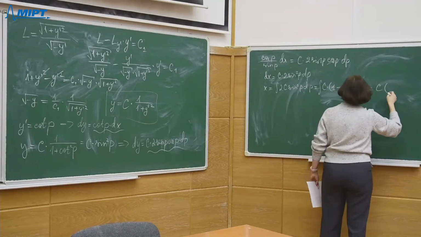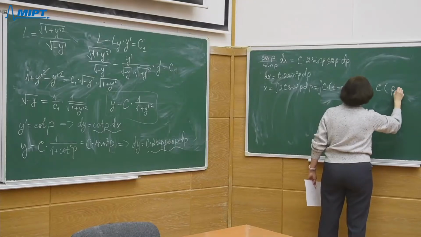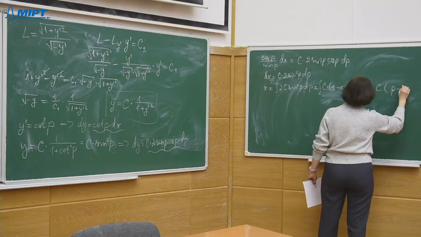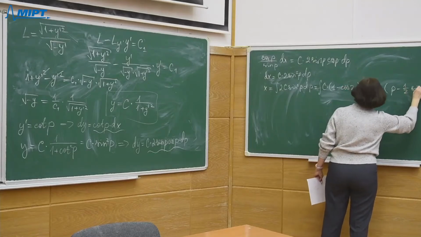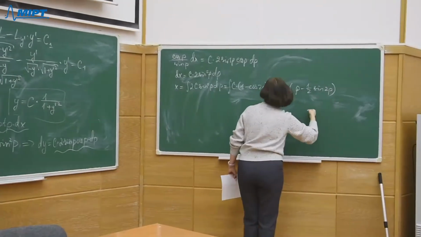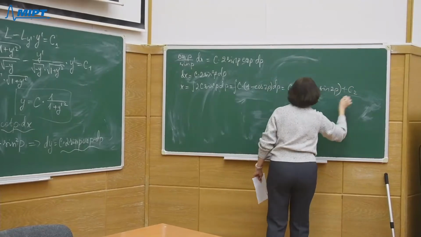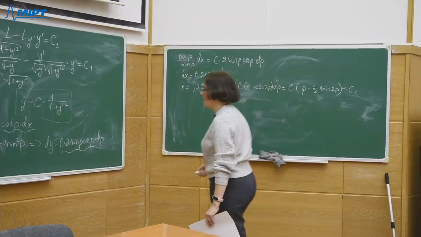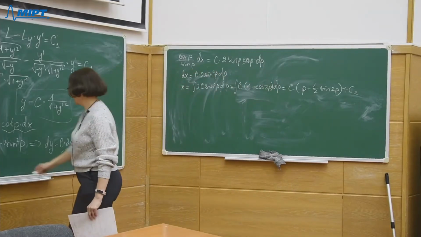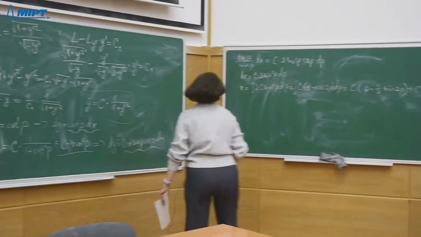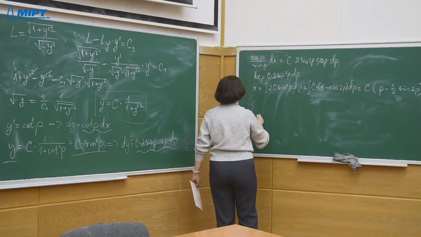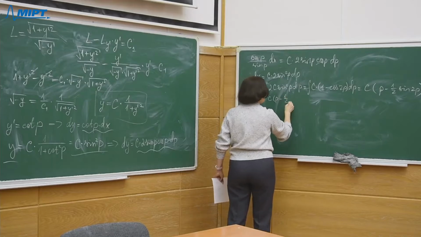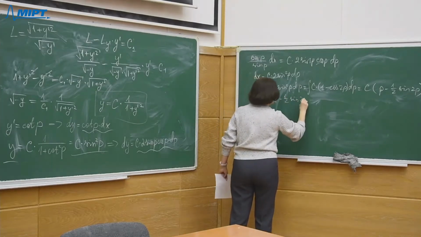It is c times p minus the integral of cos, which is sine, so 1/2 sine 2p, plus c2. So our curve is given by this formula: x is equal to c times (p minus 1/2 sine 2p) plus c2,